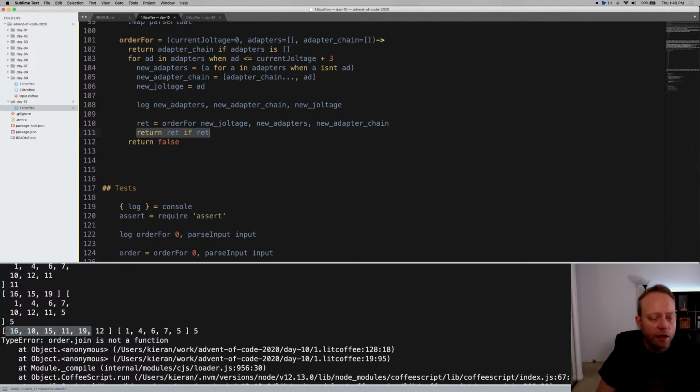So return ret if ret, and so return ret, I guess, or we don't want to return. We don't want to return yet. We want to continue. We want to continue unless ret. Okay, so